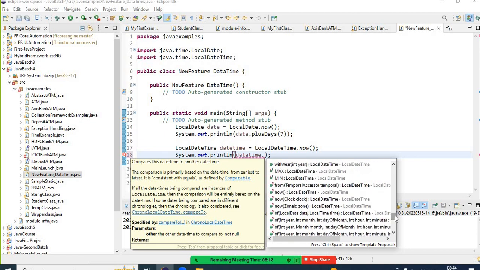Now in this sense it will give the current time. Now ZoneId, ZoneId. So that means, for example, if you want to know the current date time of